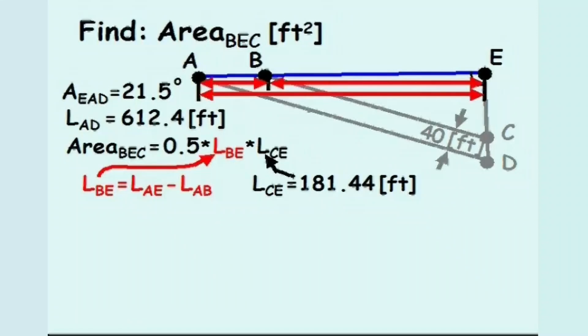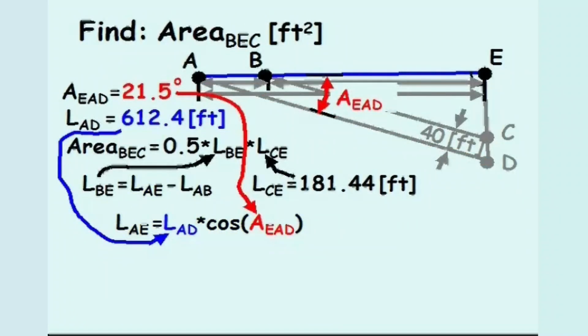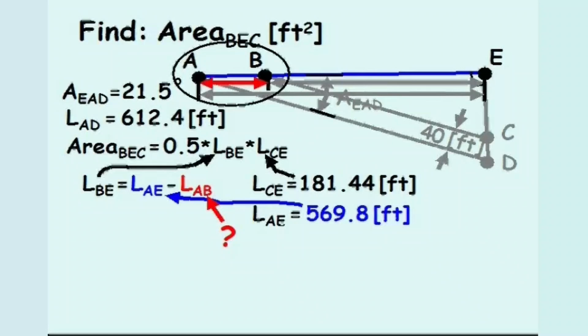The length of line segment AE equals the length of line segment AD times the cosine of angle EAD. The length of line segment AD was given in the problem statement as 612.4 feet, and angle EAD was calculated earlier in this problem to be 21.5 degrees. 612.4 feet times the cosine of 21.5 equals 569.8 feet. To find the length of line segment AB, we'll focus in on points A and B and define